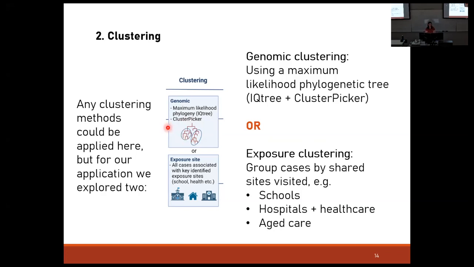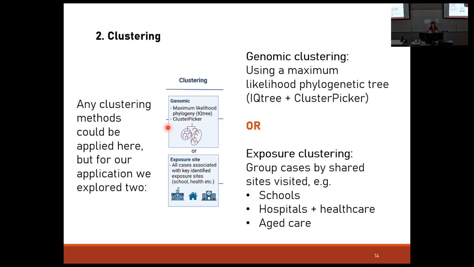But as I said, we're seeing a lot of low diversity clusters in COVID-19. Something we found when we did this, and I'm going to talk about an application to Australia where they didn't have a lot of COVID, is that in the early outbreaks there, where there was an introduction and then a burst of cases, we found it quite easy to do this clustering. But once you progress to more community spread, it can be harder to distinguish these from one another, and we end up with one huge cluster of thousands of people.